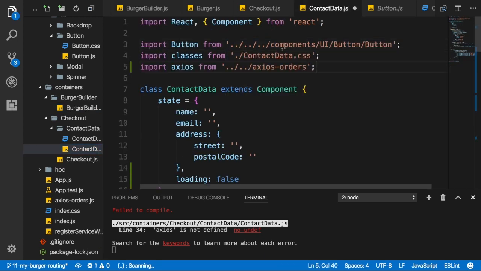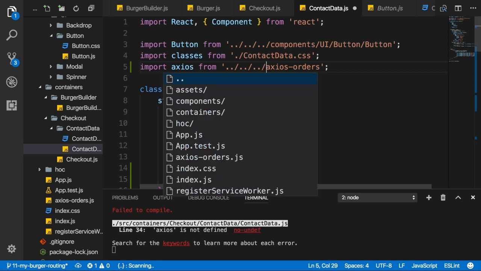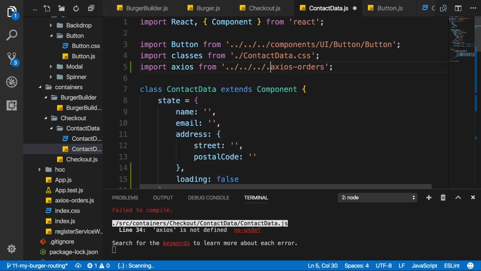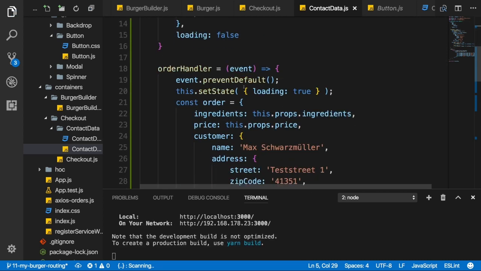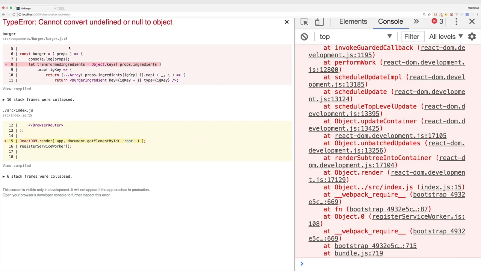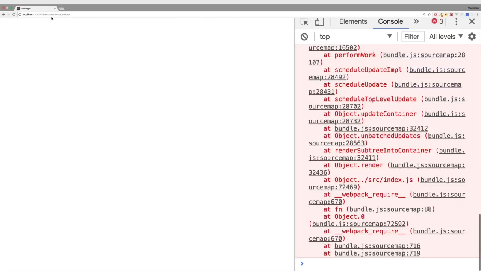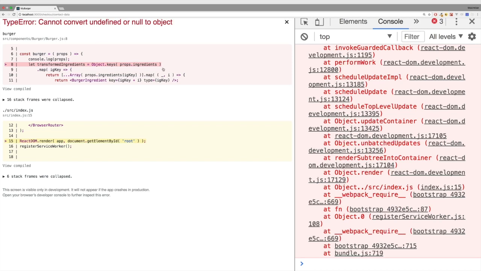So there I'll also add the Axios import, and there we actually need to go up one additional level in the import path, like this. Now with that, we're having Axios in there too. Make sure to save all the files. And now you will see that once the app reloads at contact data, you get an error regarding the